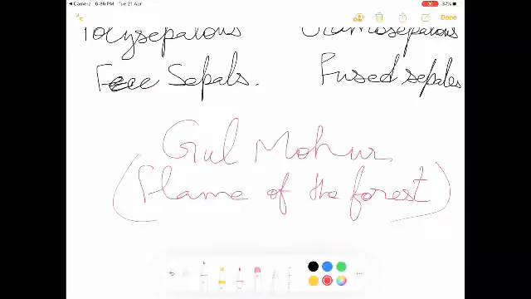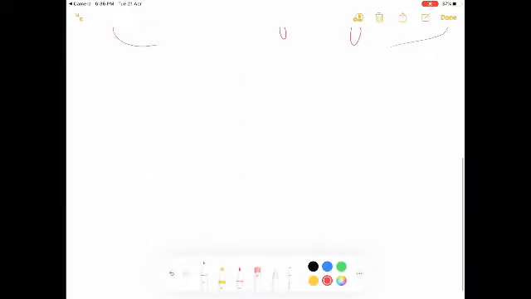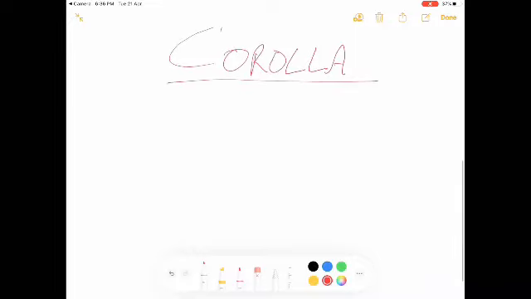And as I told you, the function of the calyx is to protect the flower at the young stage, and it helps in photosynthesis. Now the next part is corolla. Students, as you have read, the corolla is also called petals, and now we are going to discuss the petals in the corolla in detail.